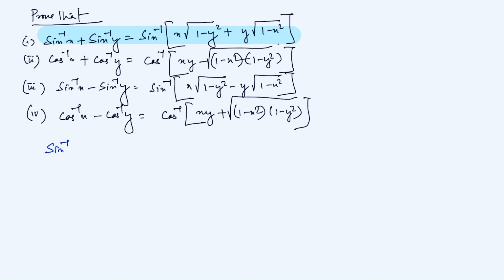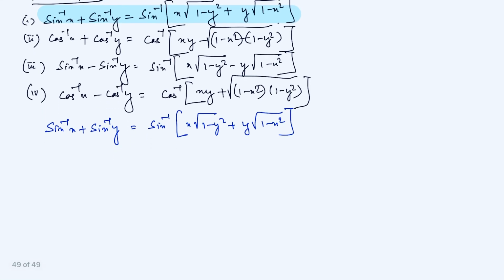Sine inverse of x plus sine inverse of y is equal to sine inverse of x into square root of 1 minus y square plus y into square root of 1 minus x square. Okay, this will be the first one. So we need to assume something. Let